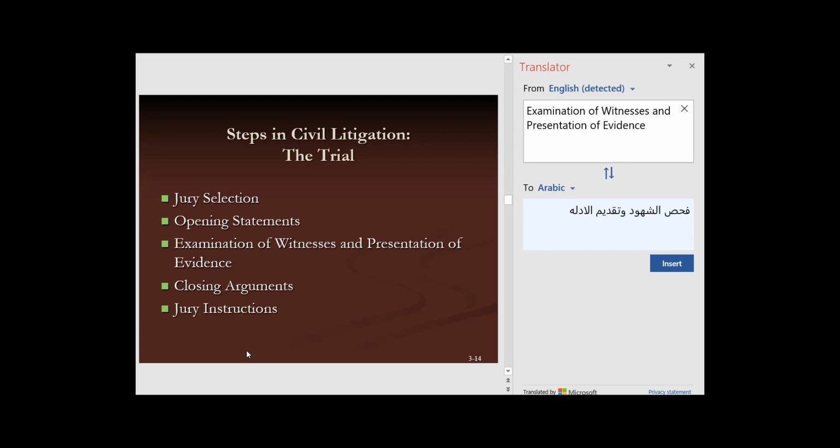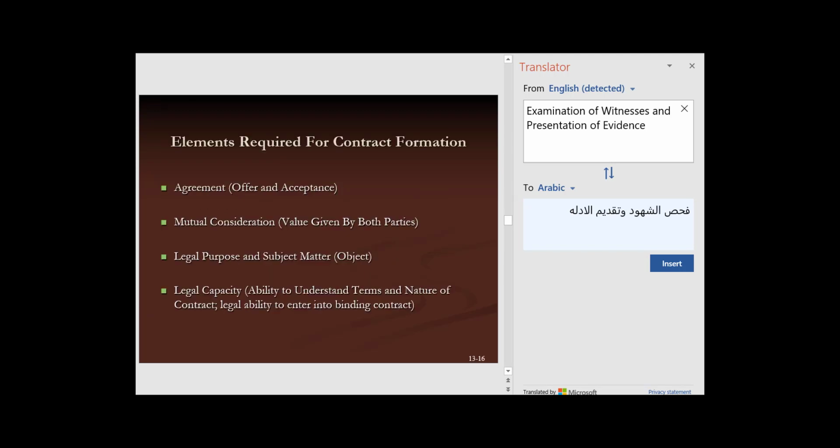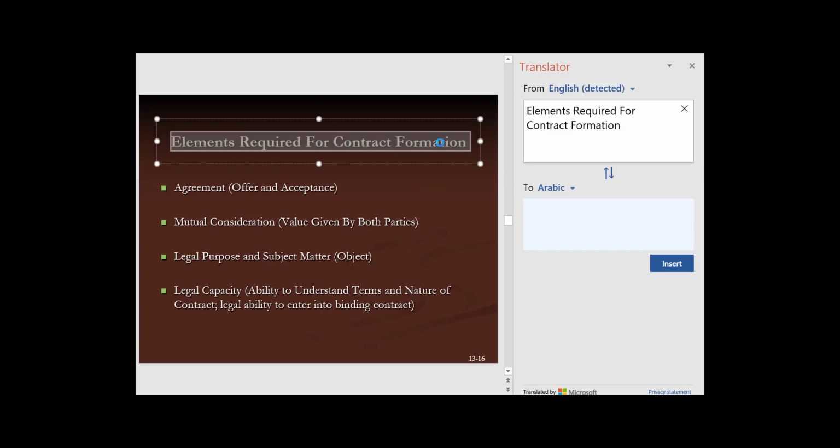Okay, elements required for a contract. You should know this for your own business, because contracts are very important for your business career. So what is an agreement? When somebody makes an offer and it's accepted, that's the part where you have to have agreement. There's usually an offer and acceptance, except